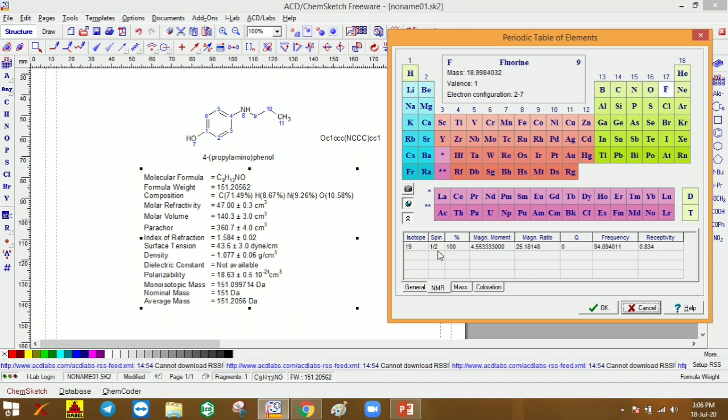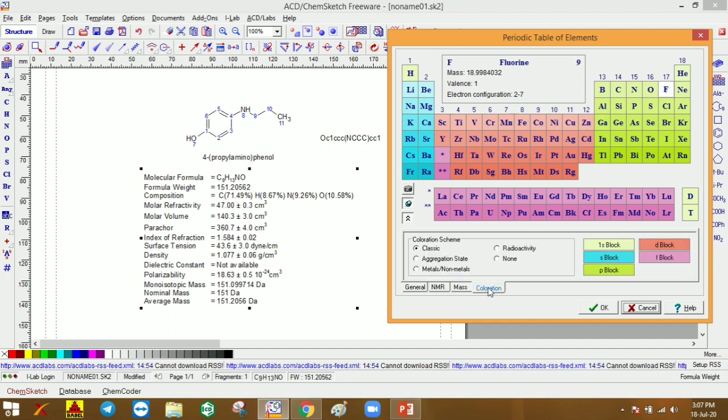Its spin value is 1/2, 100%, magnetic moment of that spin 4.5533, magnetic ratio 25.18, and frequency, receptivity and mass we can observe. So we use isotope 19, 100%.